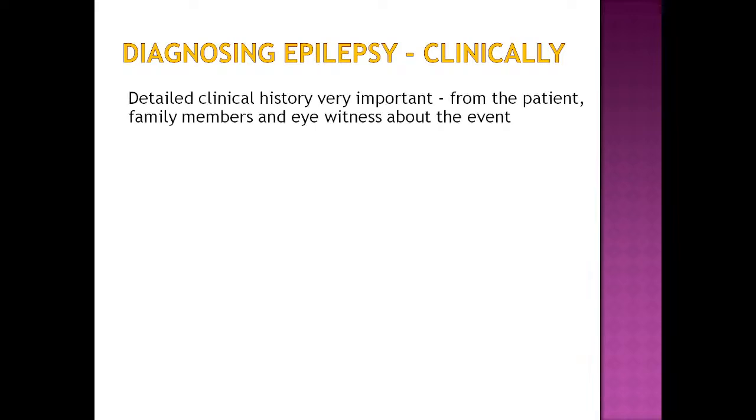How do we clinically diagnose epilepsy? There is a clinical manifestation which has happened and you need to ascertain whether this is a seizure and whether this can further be diagnosed as epilepsy. A very detailed clinical history is the key to identifying whether that particular event is in fact a seizure, what could be the possible cause of that, whether something like this has happened earlier, or whether based on the current risk factors of the individual, this is likely to happen again, which means you could actually classify that individual as having epilepsy.